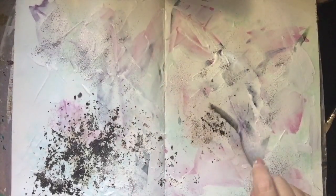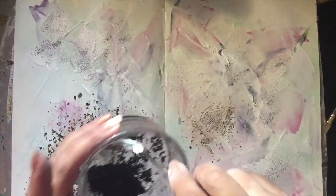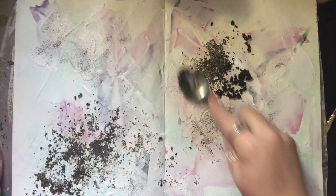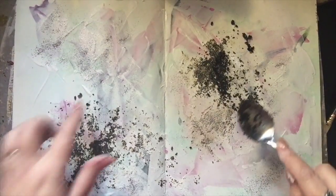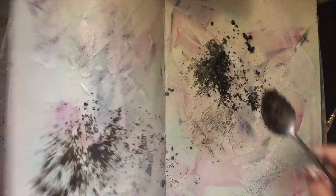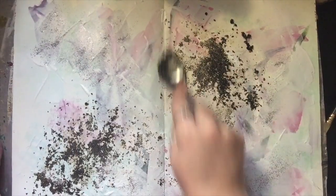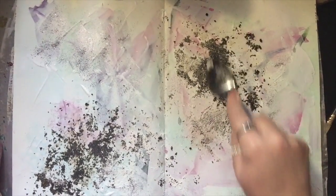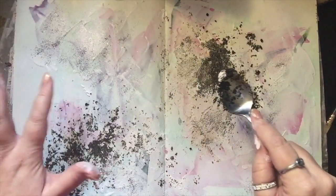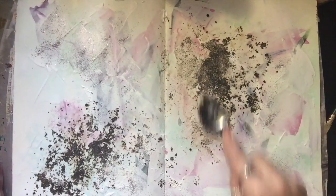So what I have down here so far is I had a page I didn't like. Now I know that doesn't happen to any of you guys, but it does happen to me. So I had a page here that I didn't care for, and you can see there's a lot of texture in my page. So I just threw on some heavy gesso, covered it up in spots, kind of left it out in spots. And that gesso is still somewhat wet. It's tacky. See, over here it's tacky, but it's not done. So I got to thinking,